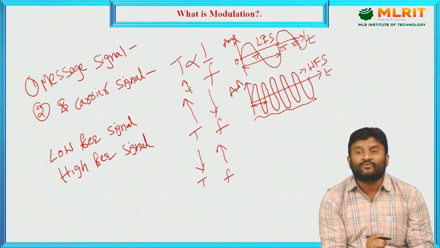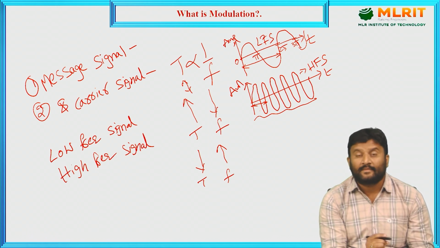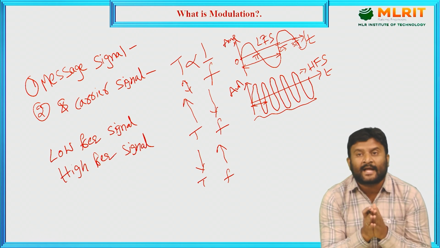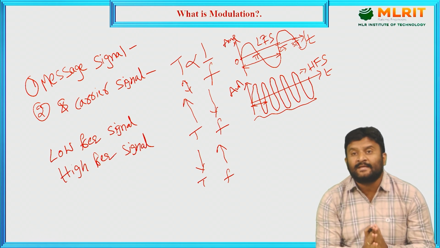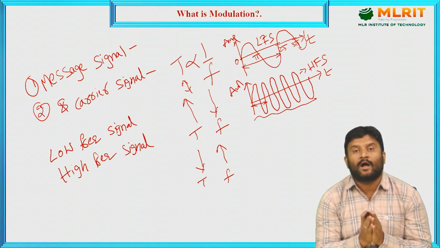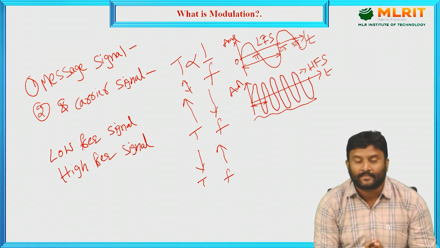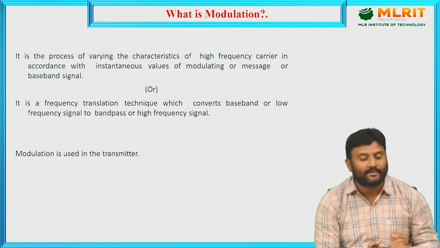It is used for supporting the message signal. Once you have a clear idea about the message signal and carrier signal, then it is very easy to define or to understand what modulation is. Then observe here, the next one is